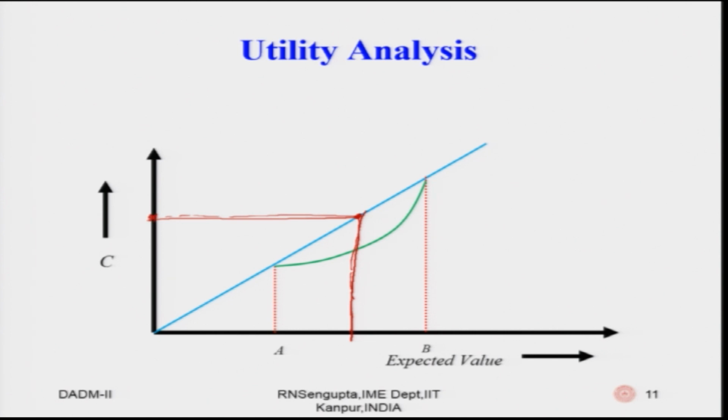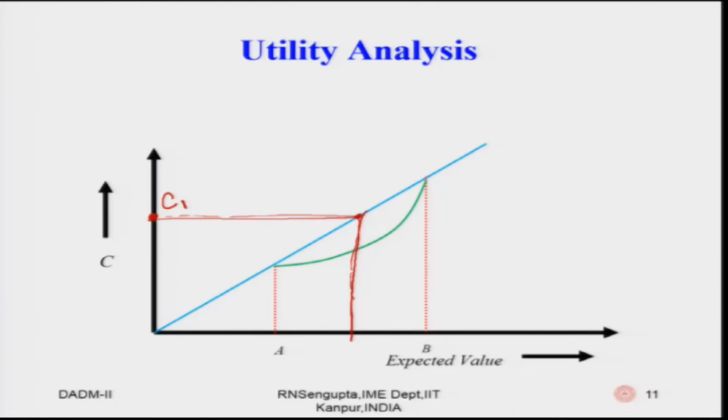Now, ask the person whether he or she, with respect to the gamble, would like to have a value of some C star, or not, let us not mention C star, C1. So, whether the person is willing to take a value of C1 or take a value higher or take a value lower. If the person is willing to take a value of C1, that means that C1 is the certainty equivalent value for the gamble. If the person is willing to swap the gamble for a value of C which is higher than C star, then that means that the person is risk averse. If the person is basically not willing to go for that C1 value, but go for a lower value, then